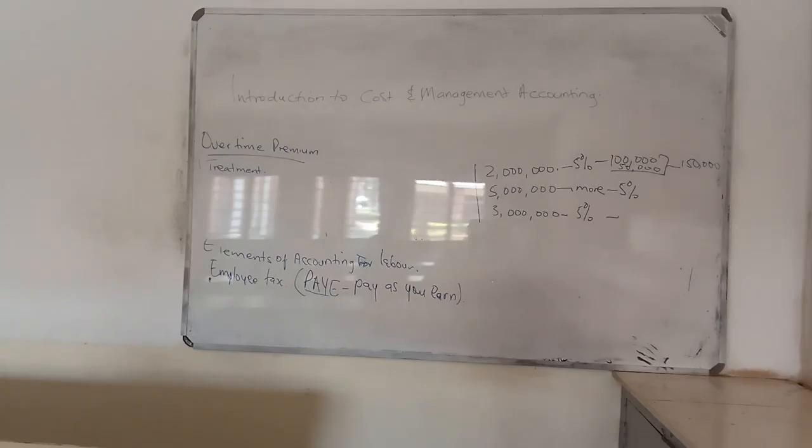Other people don't work according to what is required, as sometimes you expect a very good result, but you see somebody is not that. So exactly, even when we're talking about overtime premium, others do their work negligently. As a result, you are supposed to take the job to where it's supposed to be. So this is another way of treatment.